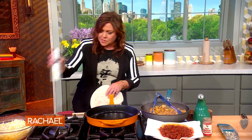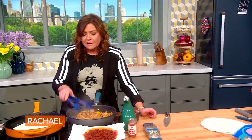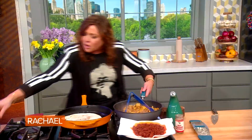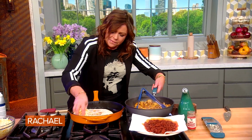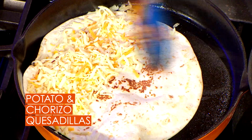Little bit of cooking spray, just a dab. Blister the first side of the tortilla. See, now that's not gonna taste raw anymore. It has a little color to it. We put on our first layer of cheese, a little sprinkle of cheese. Then we put in a little of our potato,